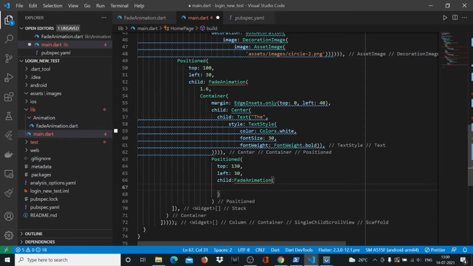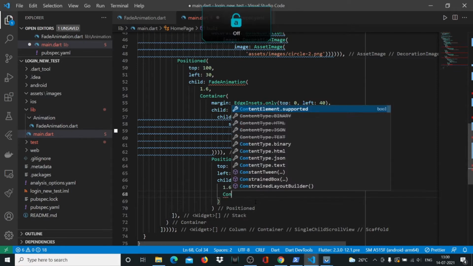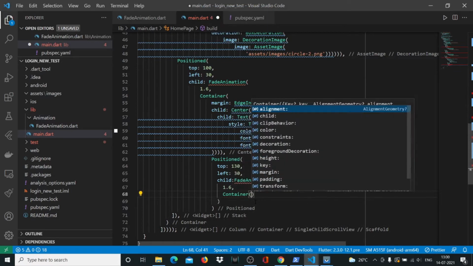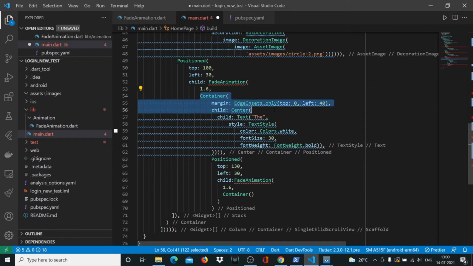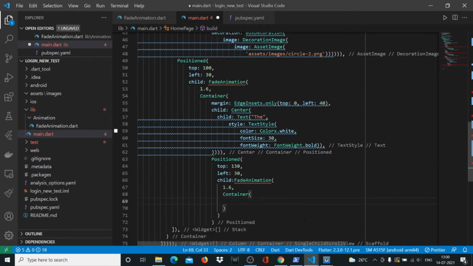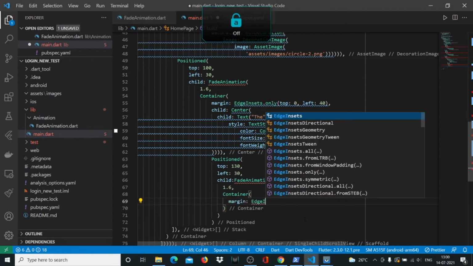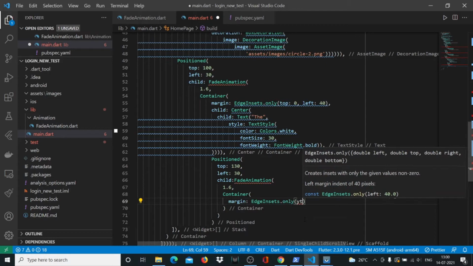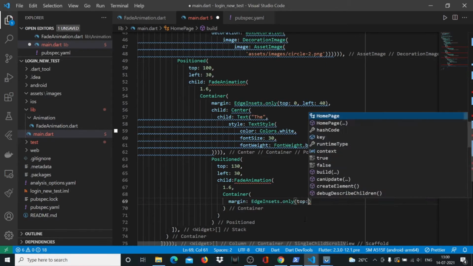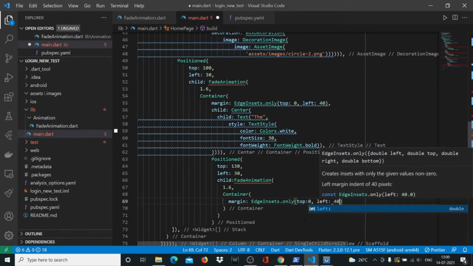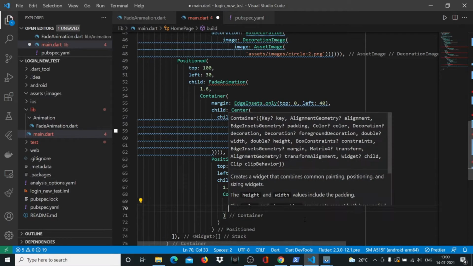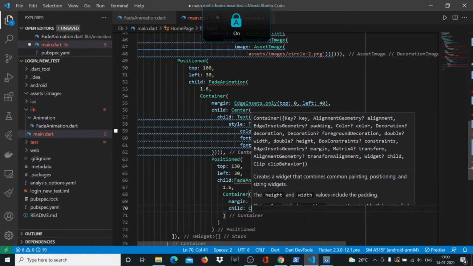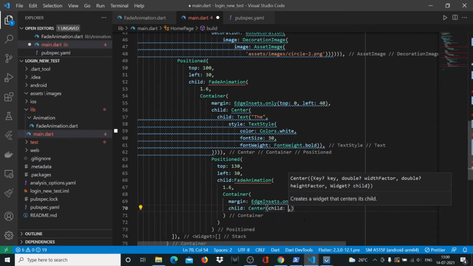And inside fade animation, here we'll say 1.6 comma, and then again the same drill, we'll create a container just like we did out here. The container will have a margin which we'll say edge insets dot only, and from top it's 0, from left it's 40, comma child, center,